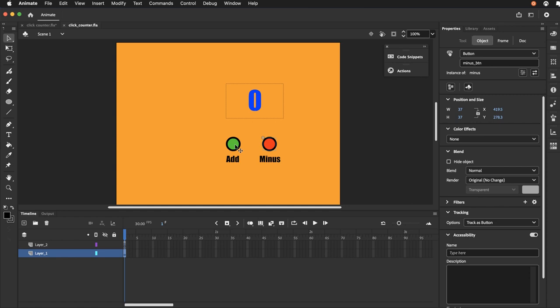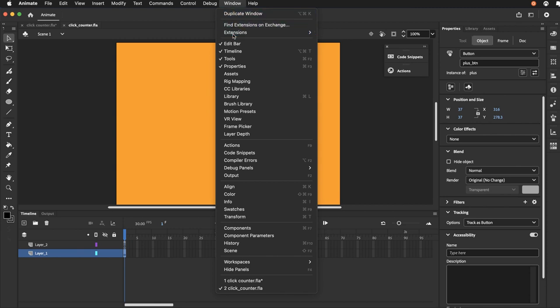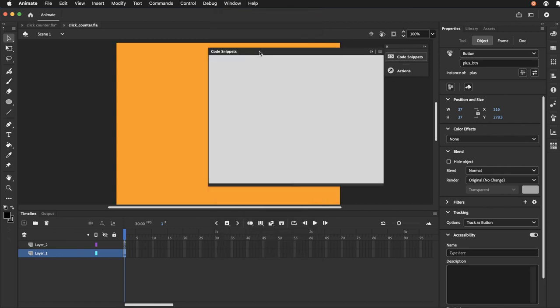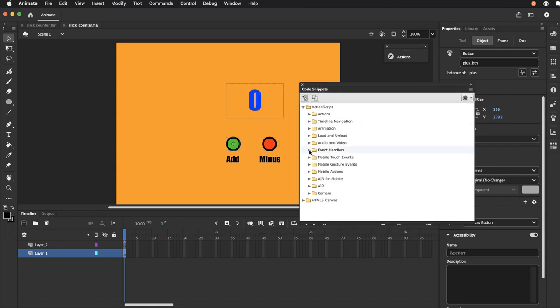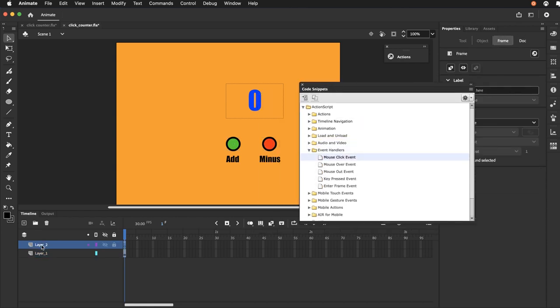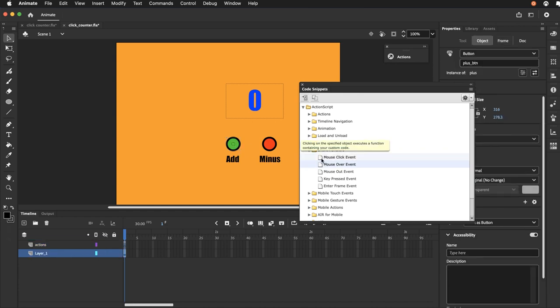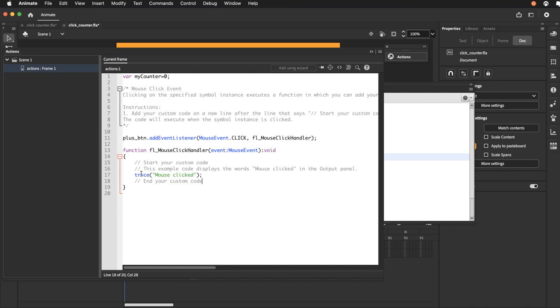Okay, so what I want to happen here is when I click this, it increases the value of this by 1. So I'm going to go to my code snippets, as soon as it loads up here. And we are in ActionScript here. And I'm just going to use an event handler for mouse click events. So I forgot to rename this layer actions. Okay, so I'm going to click on the desired button and add a mouse click event. Double click it and it appears in that code. And I'm just going to replace this line of code here